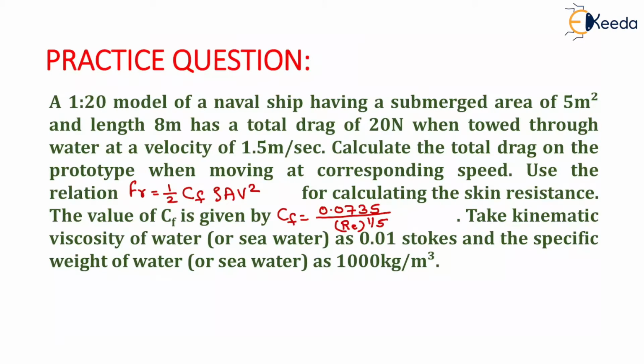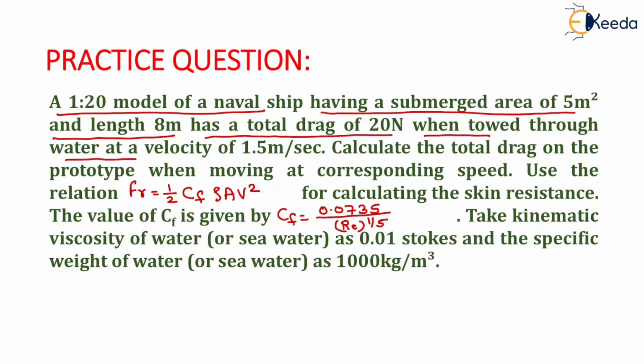The question is given as: a 1:20 model of a naval ship having a submerged area of 5 meter square and length 8 meter has a total drag of 20 Newton when towed through water at a velocity of 1.5 meter per second. Calculate the total drag on the prototype when moving at corresponding speed. Use the relation Fr equals half of Cf into rho A v square for calculating the